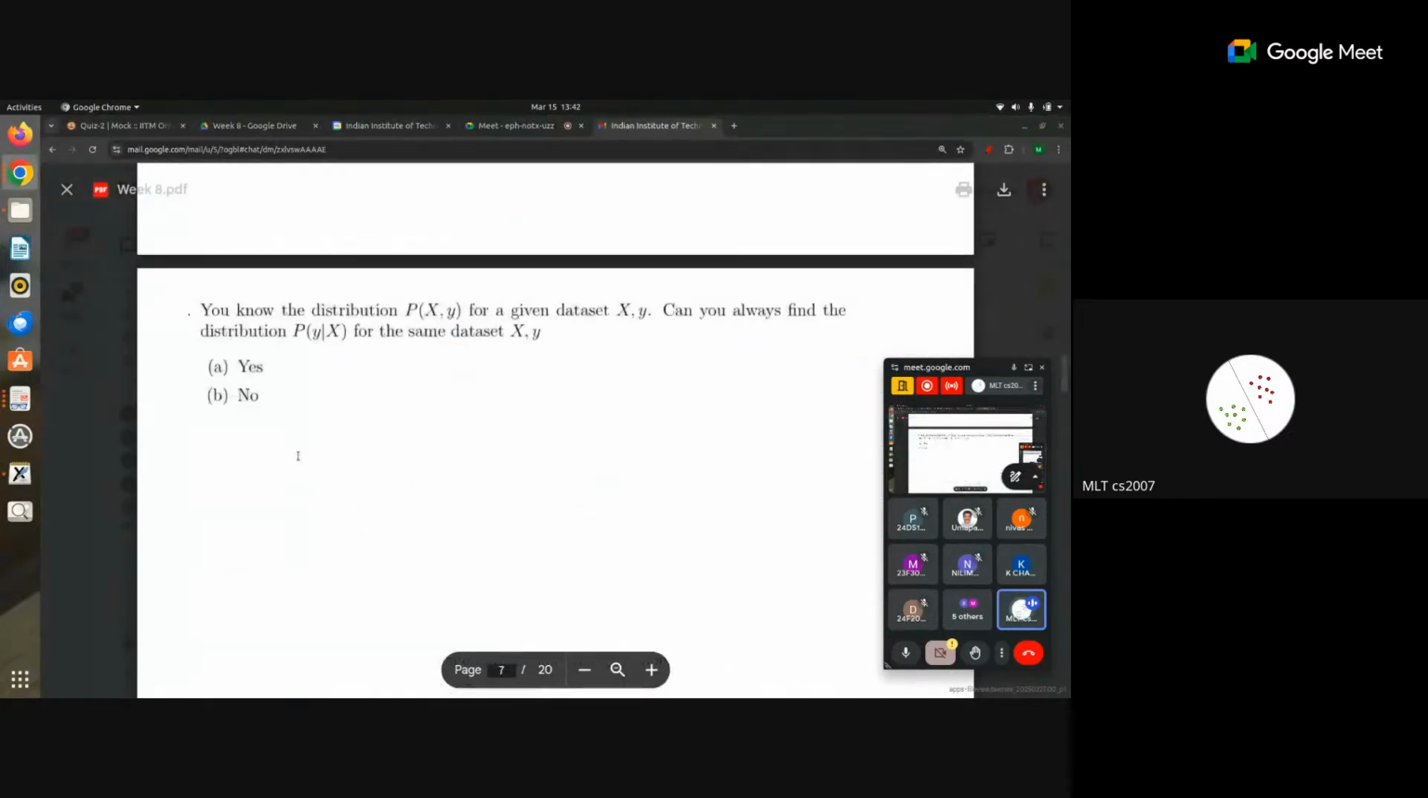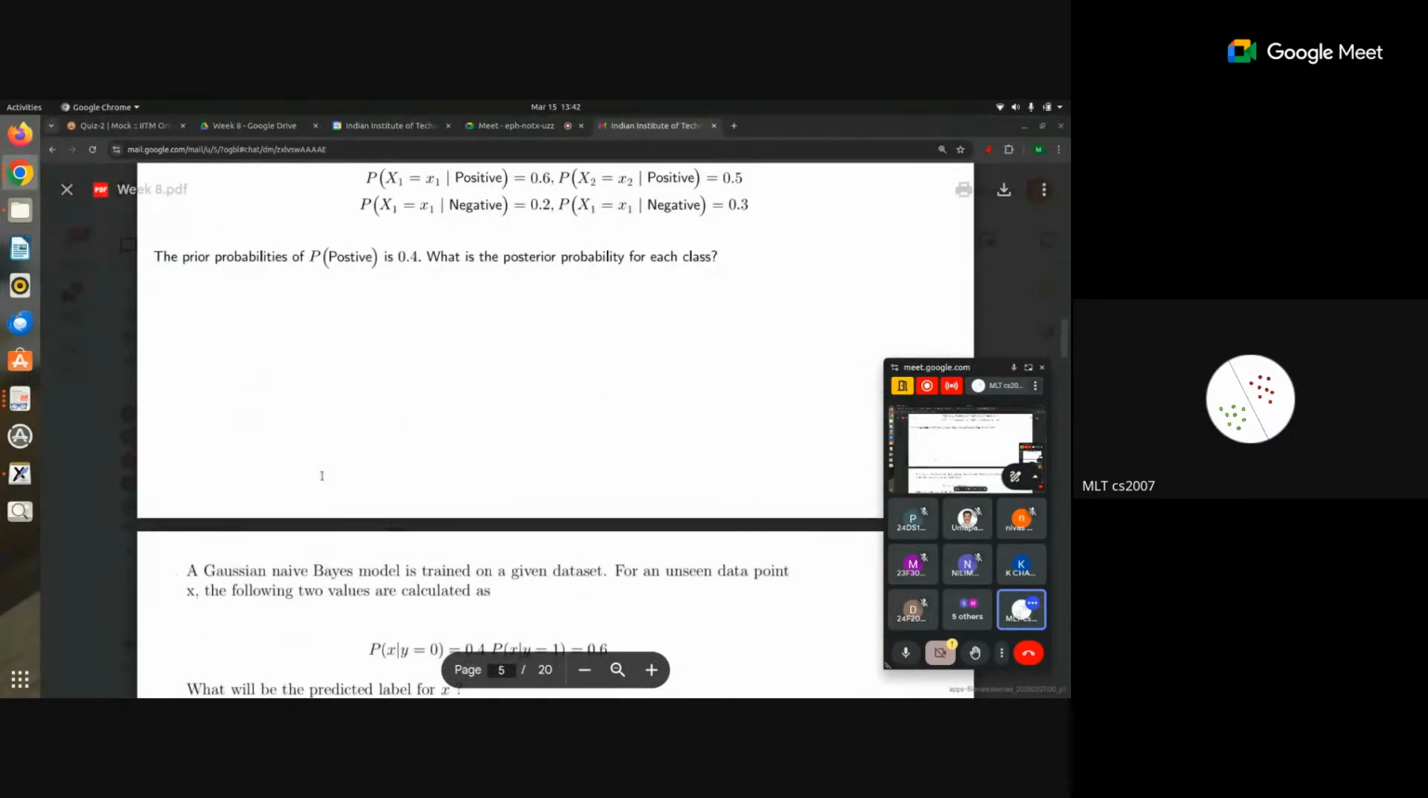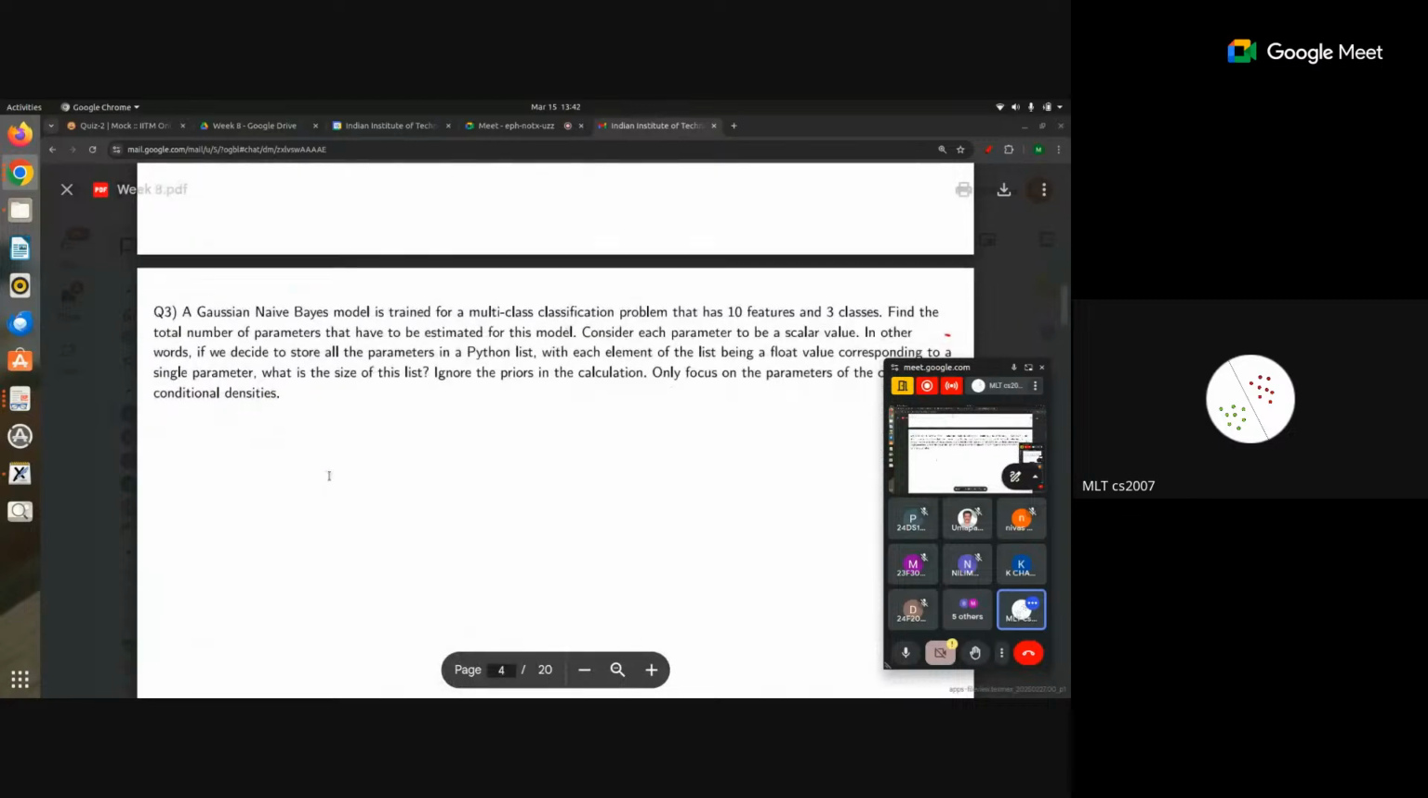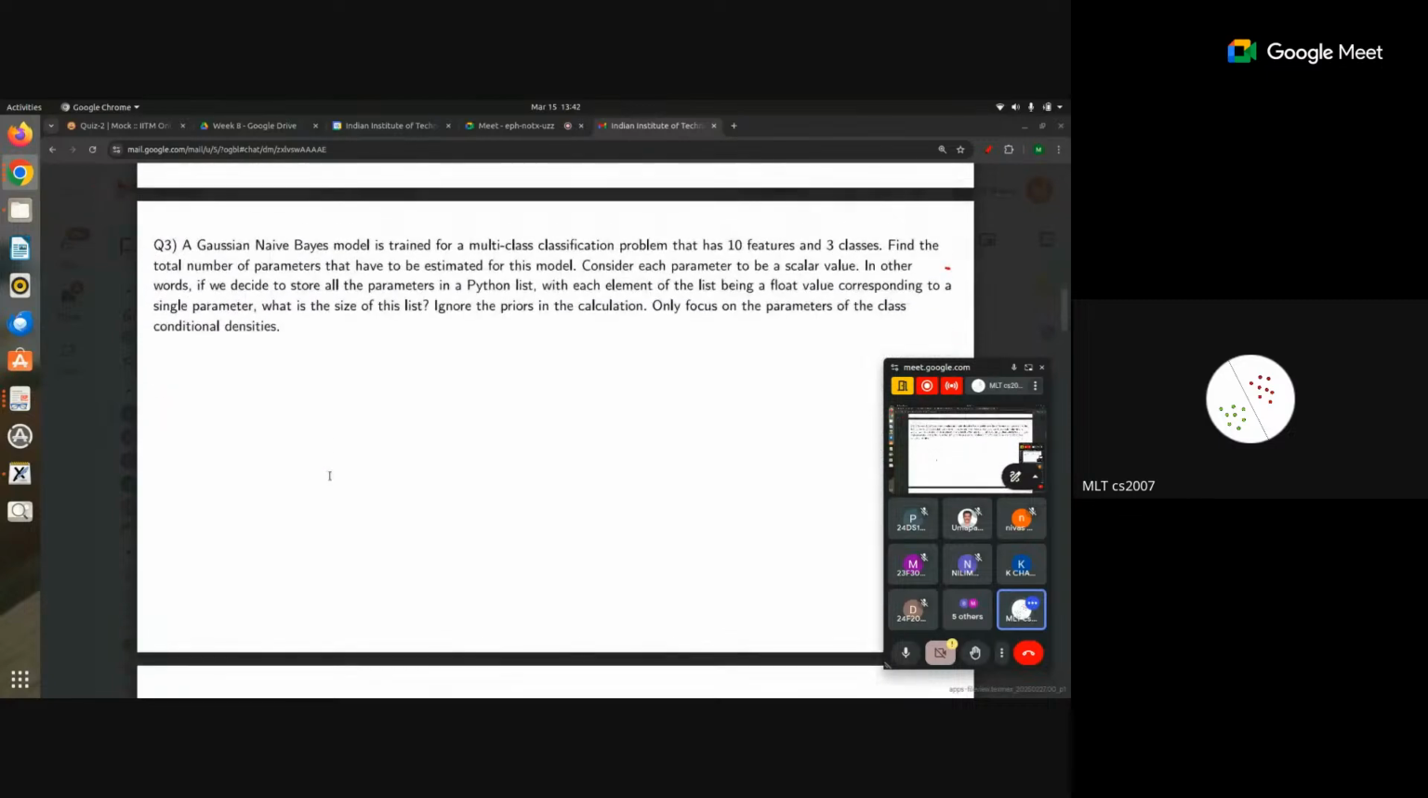But I think there was a question on this one, right? Naive Bayes. A Gaussian naive Bayes model is trained for a multi-class classification problem that has 10 features and 3 classes. Find the total number of parameters that have to be estimated for this model. So for 3 classes, how many parameters? Two. And for 10 features,